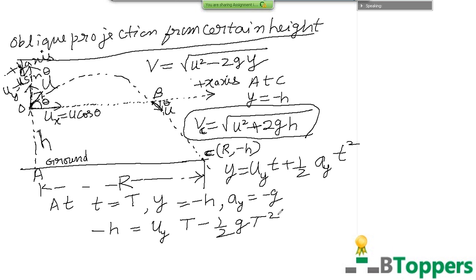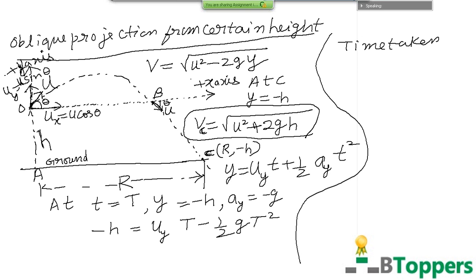Similar quadratic equation I have discussed earlier in one of the special cases in vertical projection. So you can substitute the values of Uy, h and g. You can solve this quadratic equation to find the time taken to reach the ground in case you are given the values of h and u. Of course, Uy equal to u sin theta. If you want a direct formula for the time taken to reach the ground,